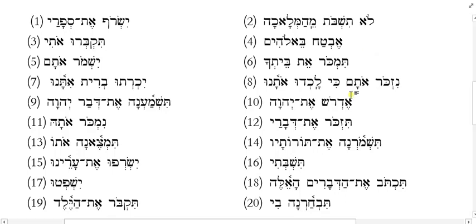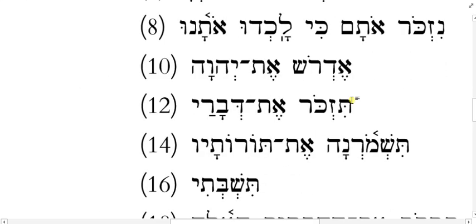Number 14 is, I'll go ahead and make that a little bit bigger, tishmorna et toratav. Let's look at the verbal form first of all. So I'm going to give you a little method for how to identify these. Whenever you come to a verbal form, or what you think might be a verbal form, the most important thing to do is to try to isolate the core of the verb in terms of the three root letters. Do you see three root letters that form an identifiable or recognizable verb in your vocab list?